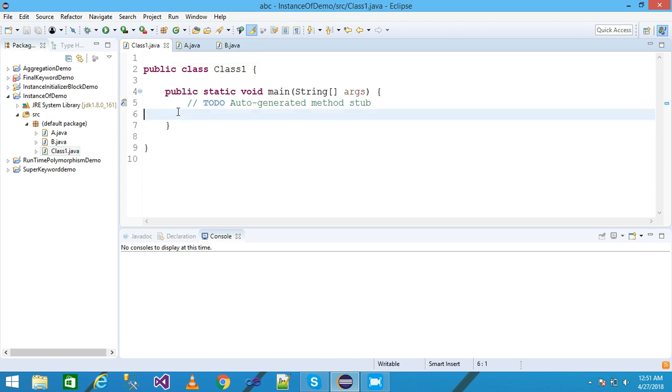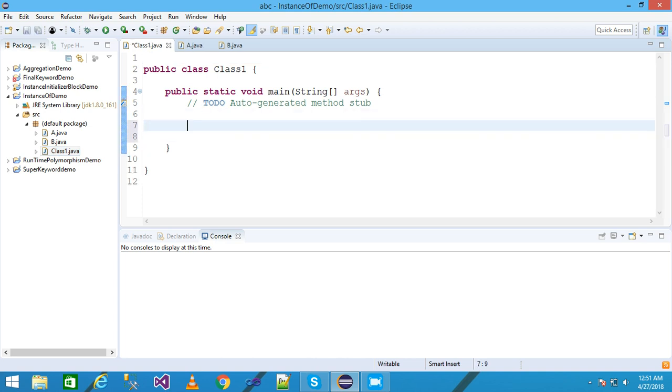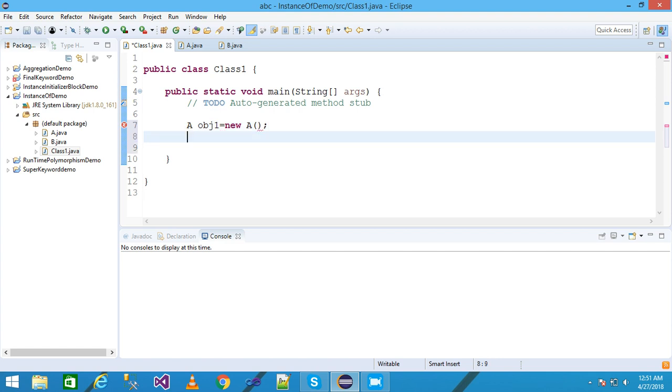Within the main method I am going to create the object of the A class as obj1 equal new A, and B obj2 equal new B. I am simply creating the object of the A class as obj1 and the B class as obj2, and